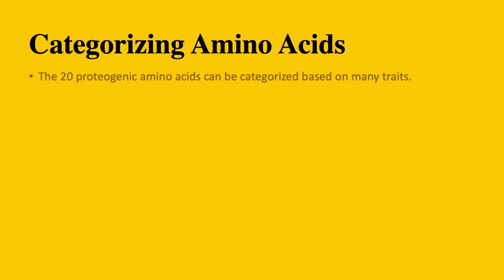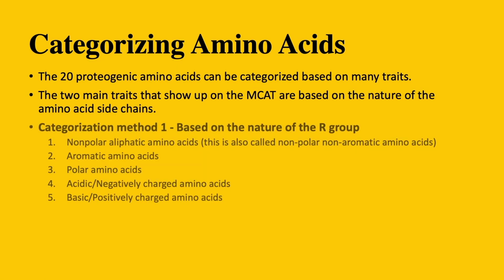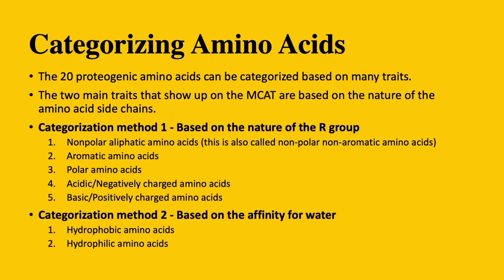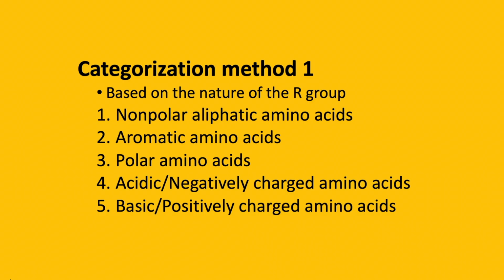Categorizing amino acids. The 20 proteogenic alpha amino acids can be categorized based on many traits. The following methods of categorization are the most common on the MCAT exam. Categorization method 1. This method is based on the properties of the R group. In this method, the 20 amino acids are grouped into one of 5 categories. They include the following: